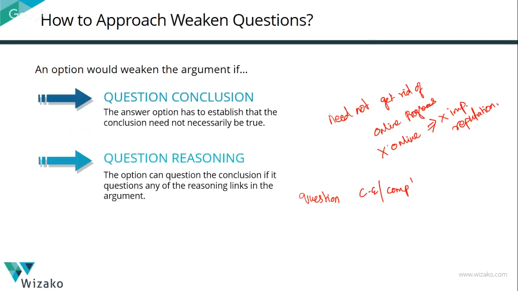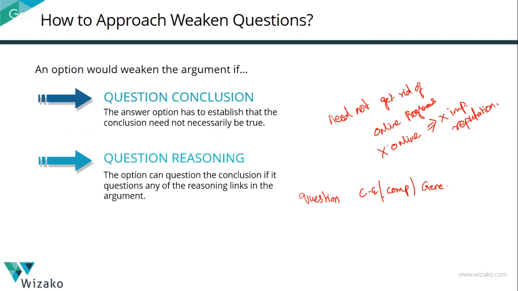So I can also point out this is just what one recruiter thought. All the recruiters do not necessarily believe that the proficiency of the students at Sunshine University has come down. And by questioning the generalization assumption, you're questioning the conclusion. If I say online quality, they're not necessarily the cream of the crop, then I'm pointing out that the university need not get rid of the online programs.